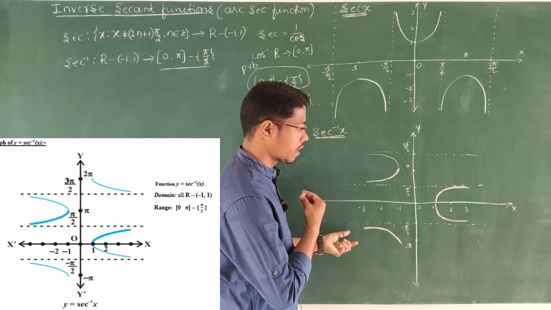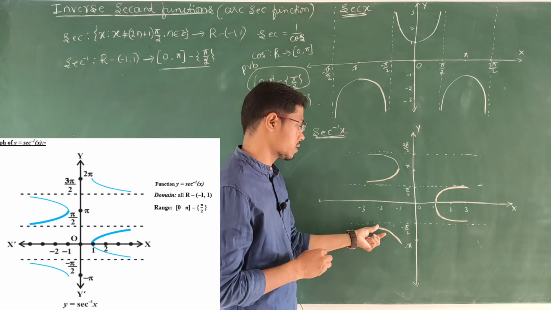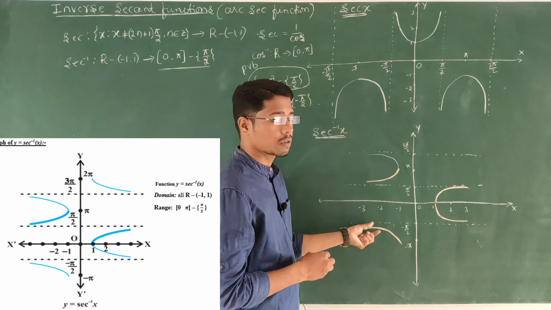If you draw the line up to infinity, the graph doesn't meet π/2. Therefore, because it is not defined at odd multiples of π/2,